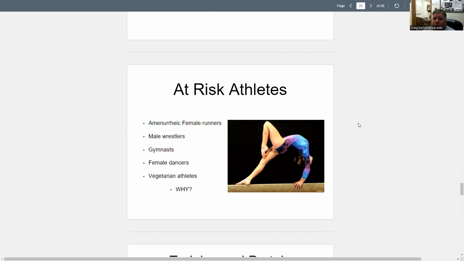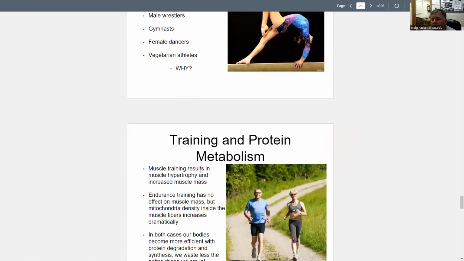And new research is coming out that tells us that they may not be at as much risk as we once thought they were. However, if you're limiting your diet to lose weight during an athletic season, that's not good medicine. So we need to figure out a way to keep these athletes lean, but not take away the nutrients that they need. So supplementation usually is the answer to that if we can help them. So those are at-risk athletes. This list will come up over and over again through the semester.